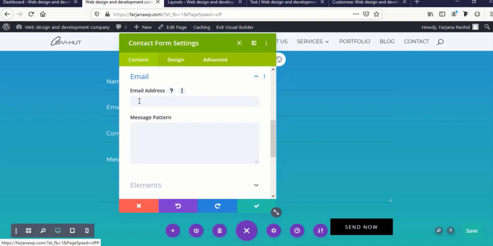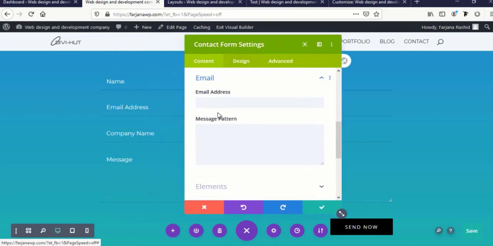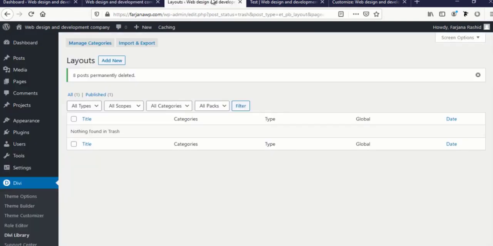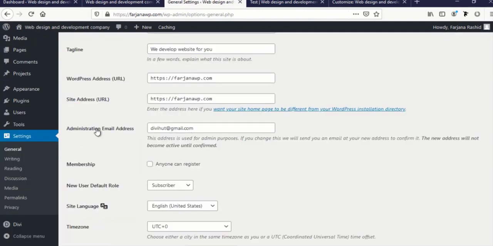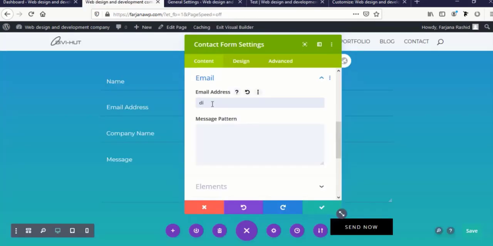From here we can set the email address to receive this message to our mail. So here I am setting my email. Otherwise, if we don't set any email here, we will get this mail at our default admin mail, which we set in our WordPress settings here. So we will receive this email at our admin email address. So if we want to receive it at another email, here we can add a different email address. For example, here I am putting my other email address,